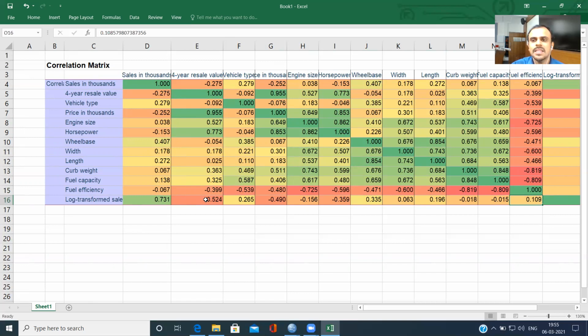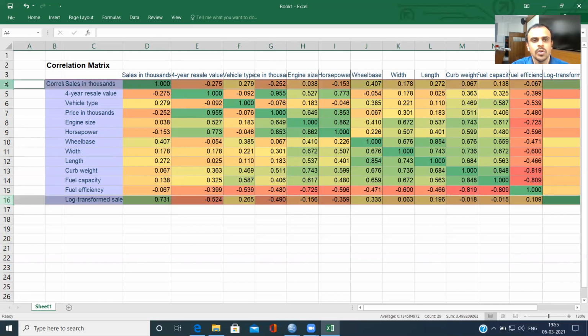If you see, you're getting 0.109. Compare the last row, that is the 16th row which I've highlighted, with the fourth row. The fourth row corresponds to sales, and the 16th row corresponds to log transform sales. Very interestingly, sales has a negative relationship with fuel efficiency, which means that the original variable sales, if you use it as it is without transforming, tends to have a negative relationship with fuel efficiency.